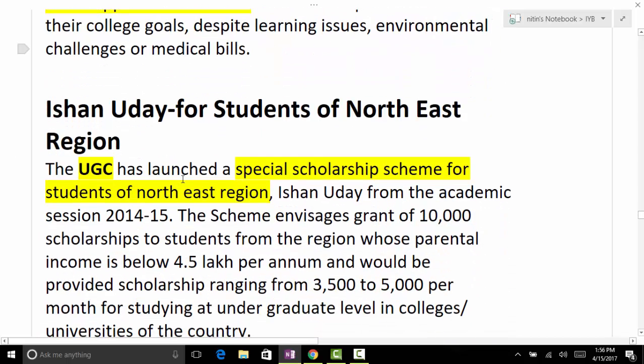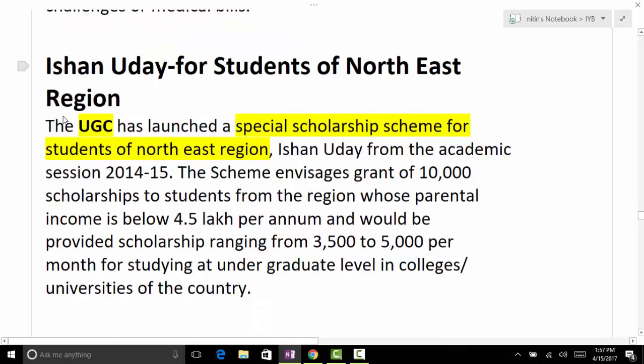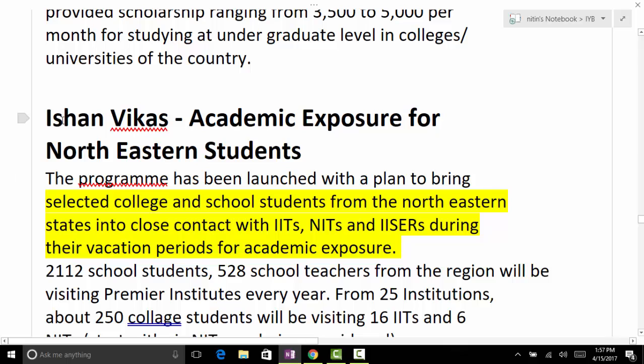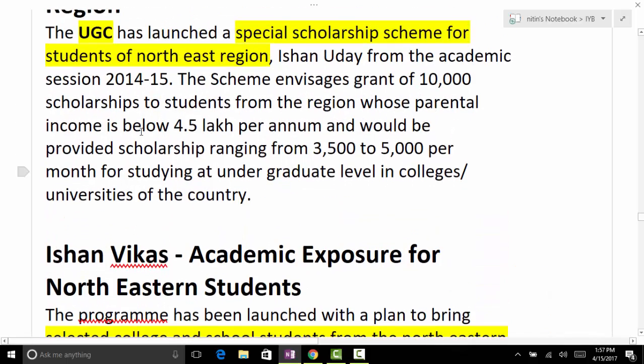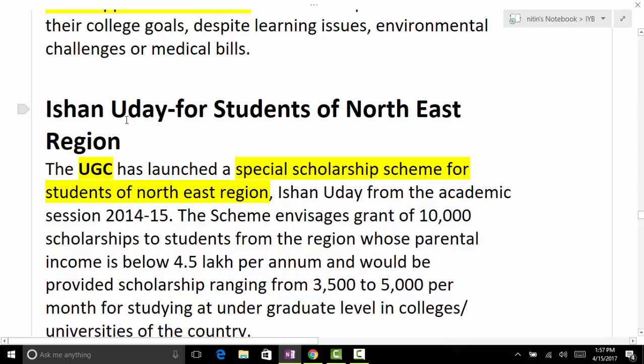And Ishan Uday for students of Northeast, a kind of scholarship scheme for students of Northeast. Ishan, from the word Ishan, remember it's for the Northeast region. Second scheme is Ishan Vikas. Ishan Vikas is academic exposure for Northeast students. So in Ishan Uday